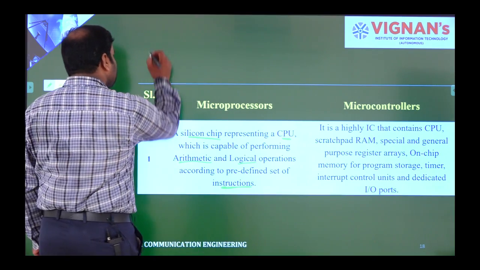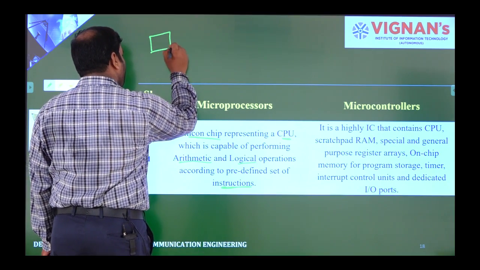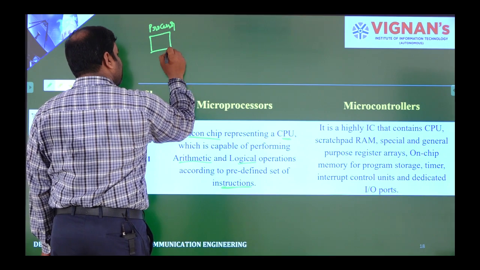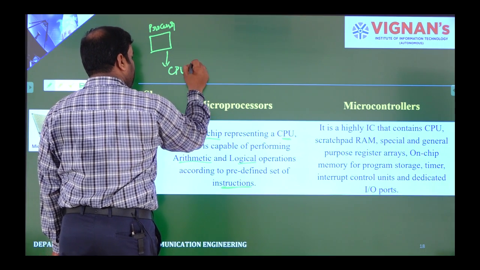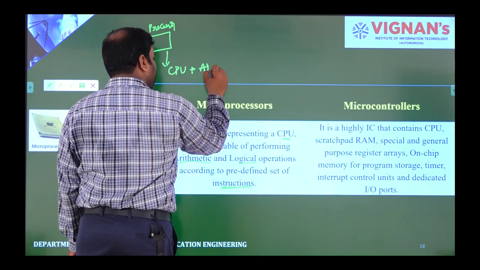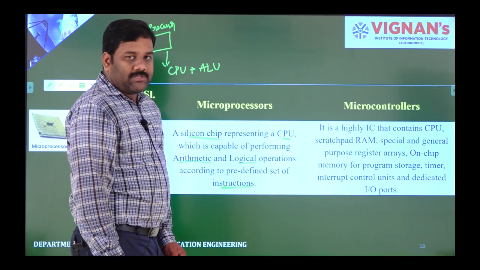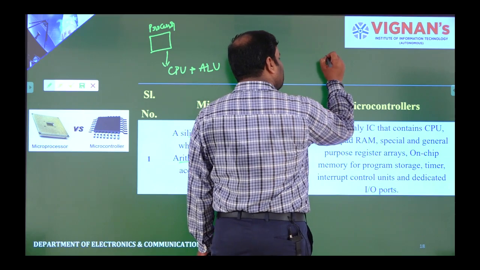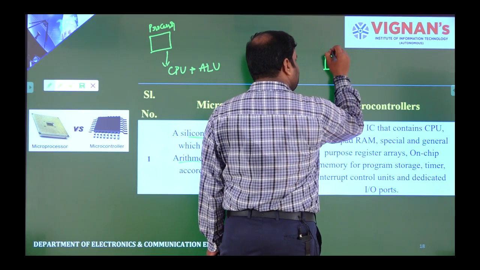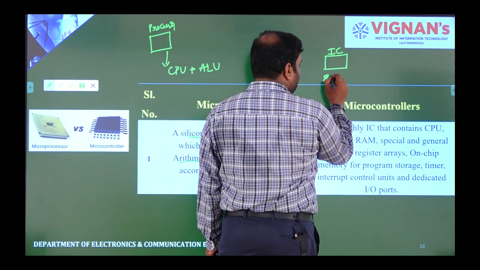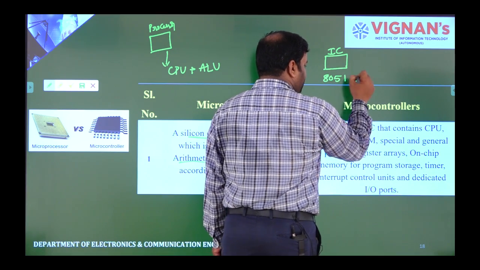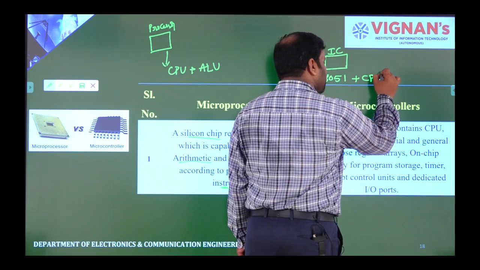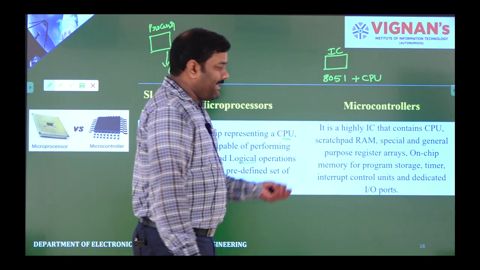Microprocessors have one silicon chip, which is a processor, consisting inside of a CPU along with arithmetical and logical operations which can be performed by using the ALU. While microcontrollers also consist of one IC, that is the microcontroller, let's say maybe 8051, and as usual inside the 8051, for performing arithmetical and logical operations it needs one CPU,